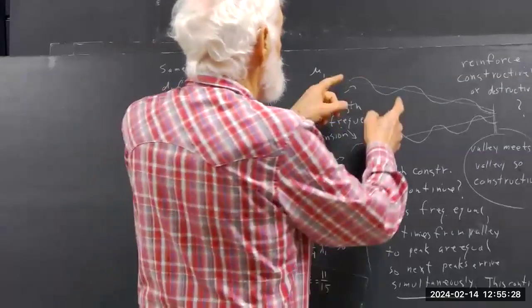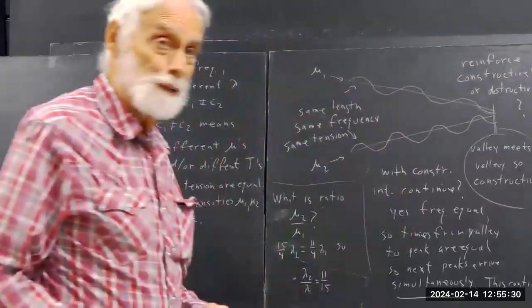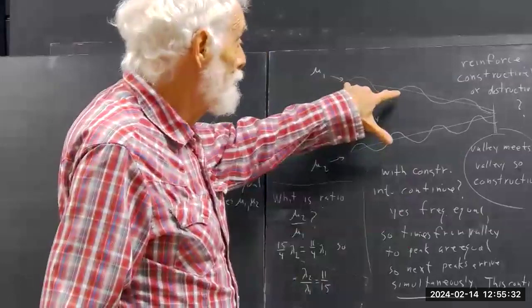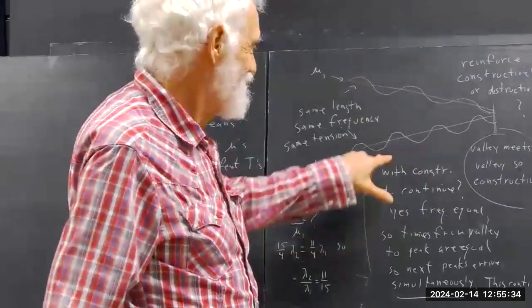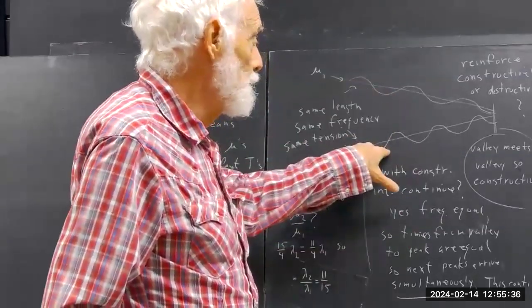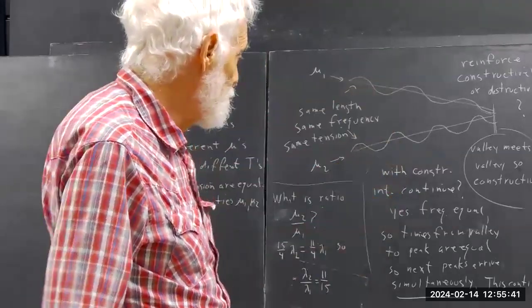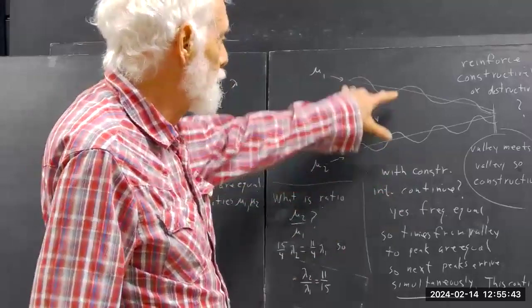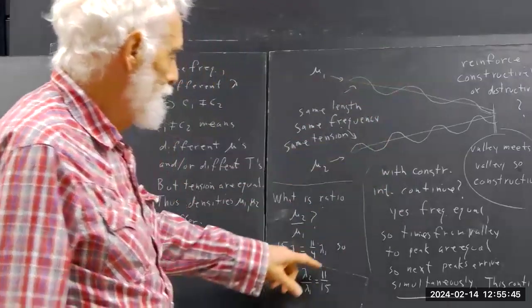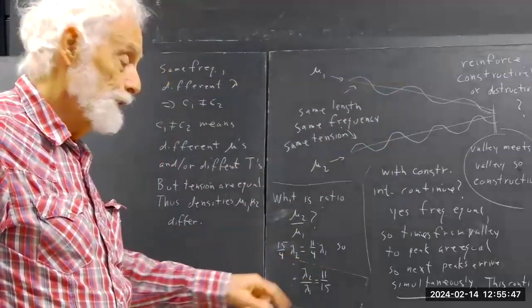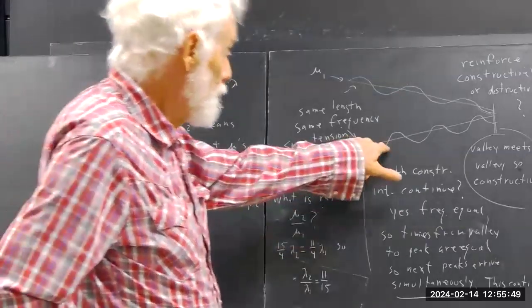So if it goes further in the same time, it's moving faster. And the ratio of how far it moved here to how far it moves here is a ratio of the velocity here to the velocity here. And if you want the ratio from here to here, well, you just invert it. And it turns out for that reason, it's the same as the ratio of the wavelengths, because here's a wavelength,